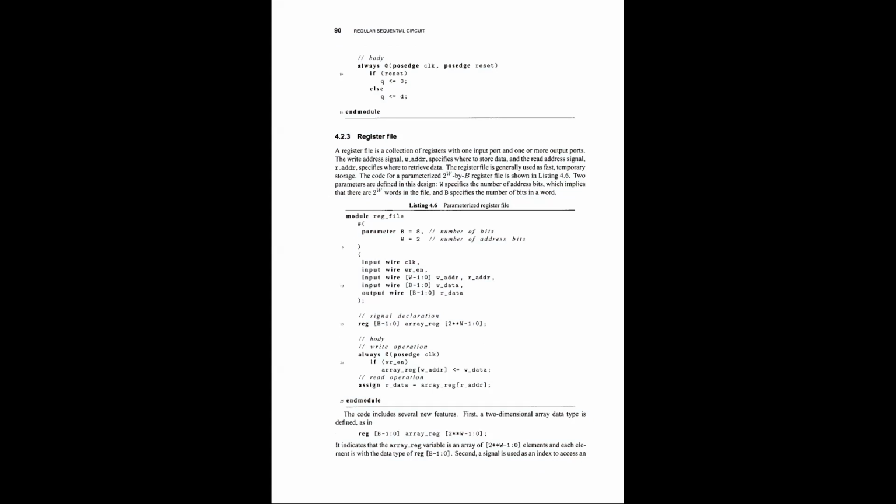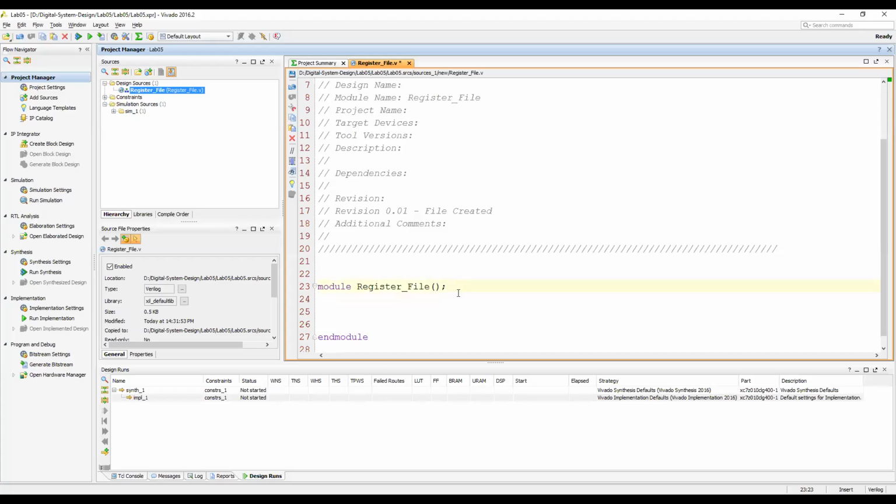So what I will do now, I will go to Vivado and I will write this code, and then we'll write the test bench for this code. Okay, so let me change the screen to Vivado, and tell me when the screen has been shared. Can you see the Vivado right now? Yes, sir. Okay, so first of all, module.